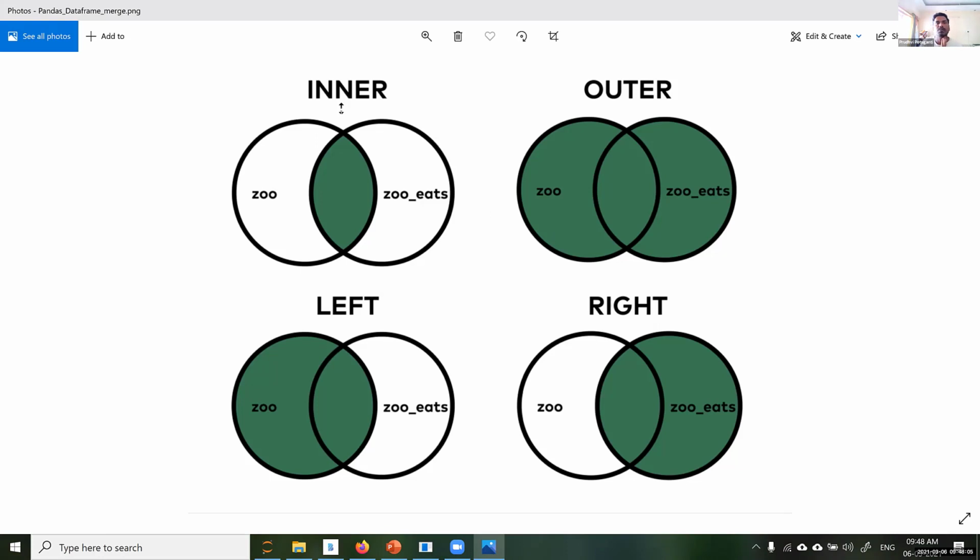Now, inner join is something specific. Inner join is like intersection. In both data frames, if the keys are common, then you will merge it. Right? In the outer join, what do you have? If the keys are there, if the keys are not there, still you merge it. Guys, this kind of merges, inner and outer, are very important to understand. Just give me a moment.